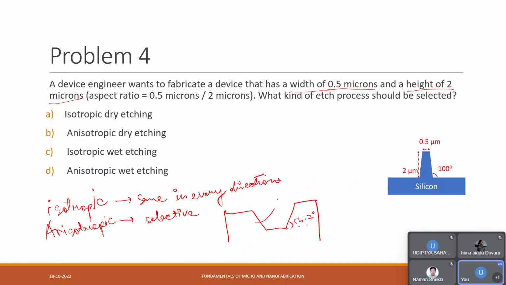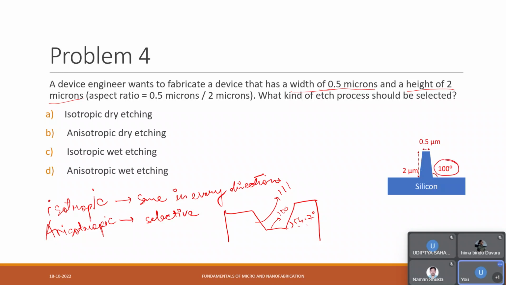So this essentially is the 111 plane, and this is the 100 plane. As you can see, the aspect ratio and the angle are such that it is showing an anisotropic